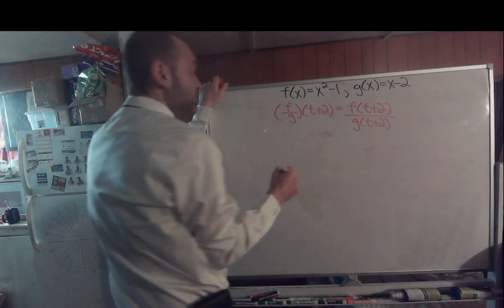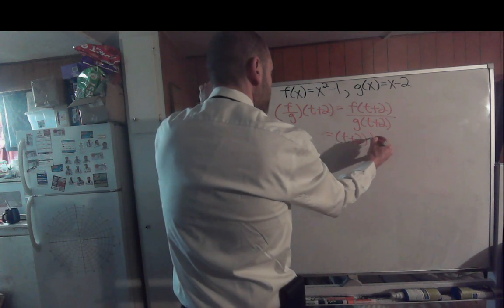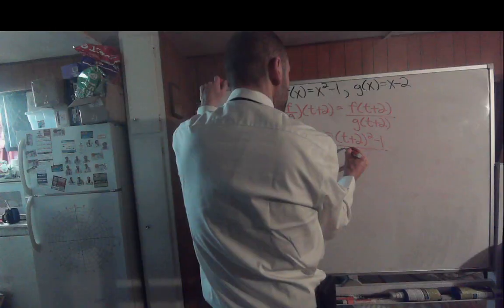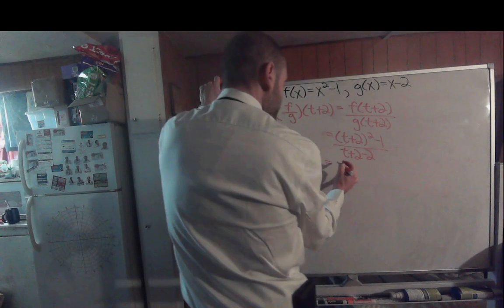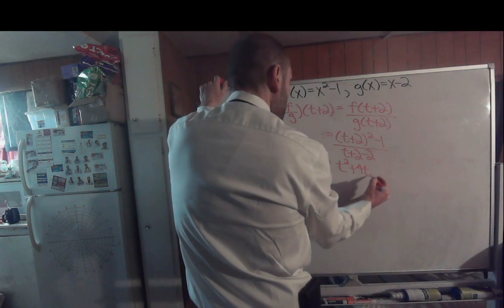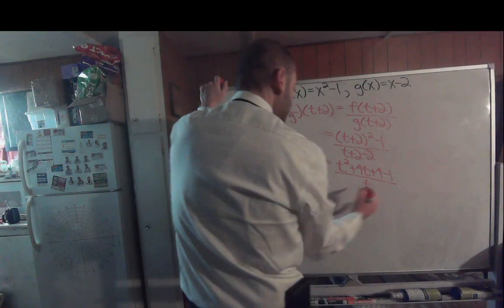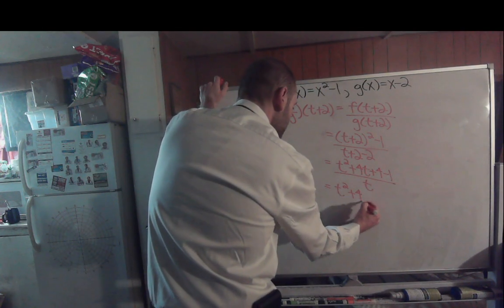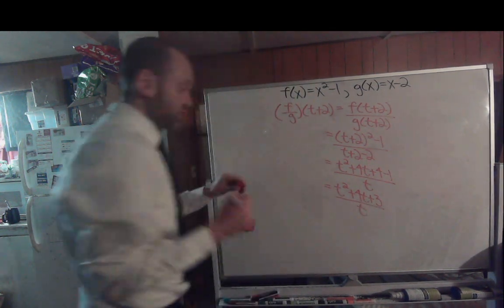So for f, you'll put in that t plus 2 for that x, so you'll have t plus 2, that quantity squared, minus 1 over your g of t plus 2, so that would be t plus 2 minus 2, which would end up in the numerator giving you t squared plus 4t plus 4 minus 1 all over t, which would simplify into t squared plus 4t plus 3 all over t,